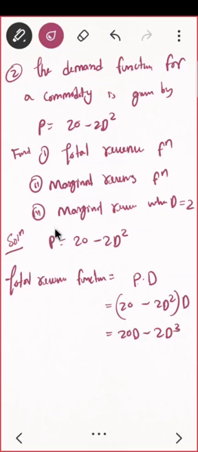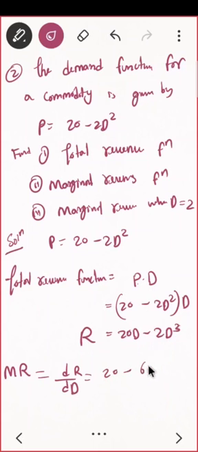How will you find marginal revenue? You can define total revenue as R. What will be your marginal revenue? Yes, I already told you what the word marginal means. It is the derivative of the revenue function. But the function is in terms of D, so it will be the derivative with respect to D. This is what you need to remember. So you differentiate with respect to D. The derivative is 20 minus 3 into 2, that is 6D square. Do you agree? This is the second one.